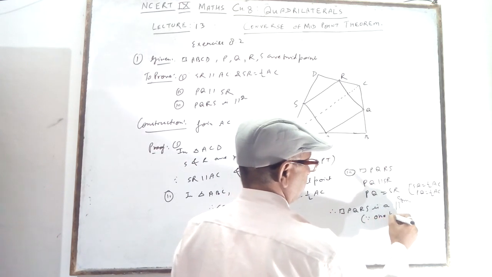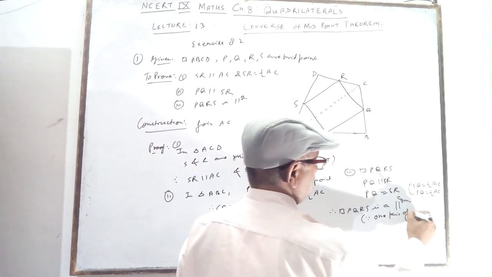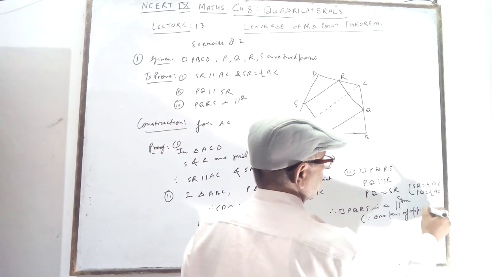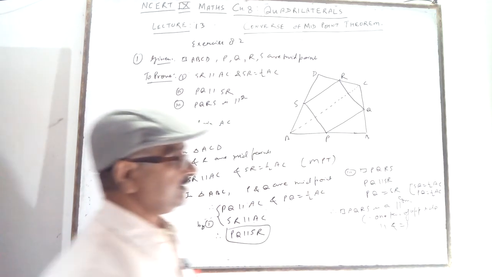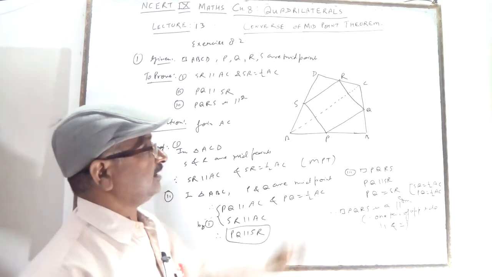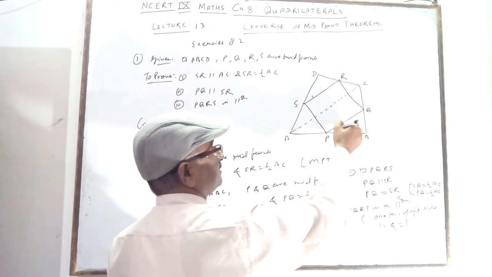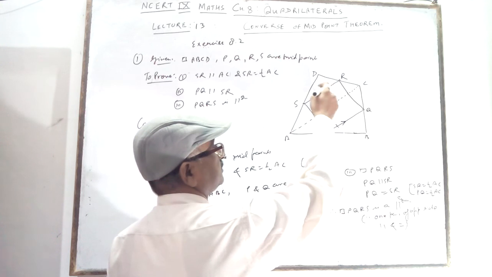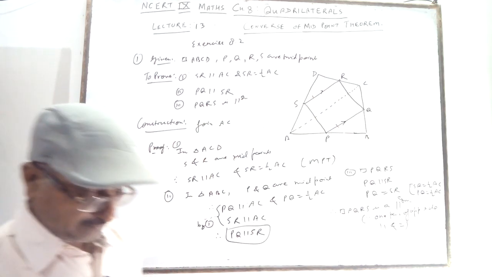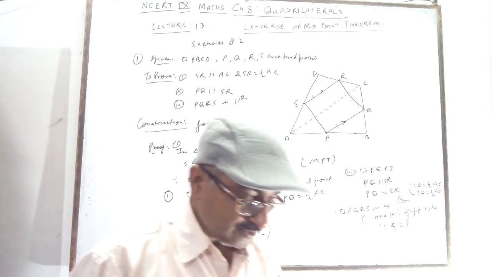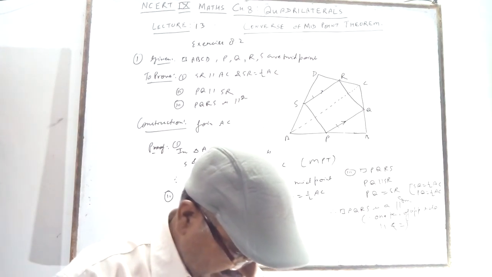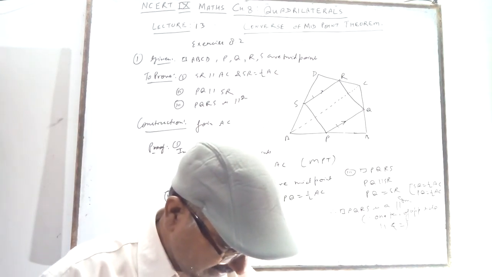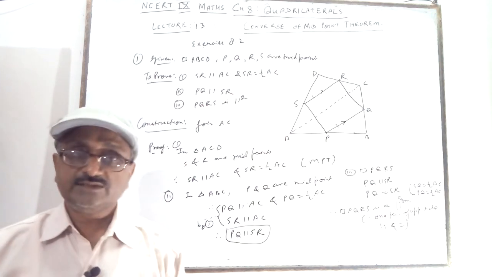One pair of opposite sides parallel and equal. So any quadrilateral with one pair parallel and equal, you have proved this is equal to this and this is parallel to this, then it will be a parallelogram. So here you are seeing the questions very simply, and there are 7 questions given. The rest of the questions we will tell you in the next.